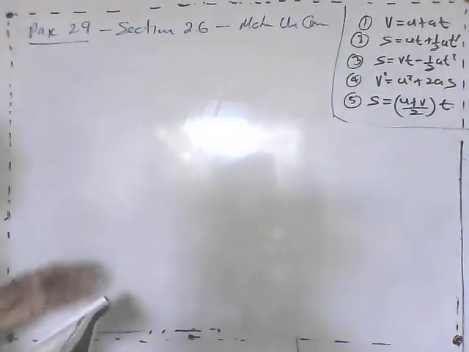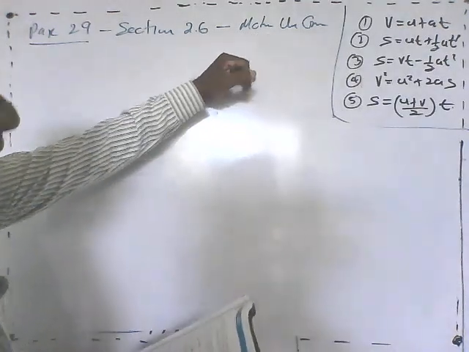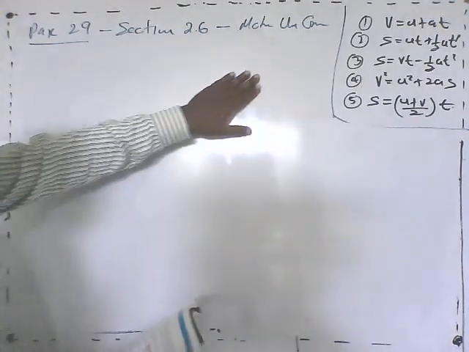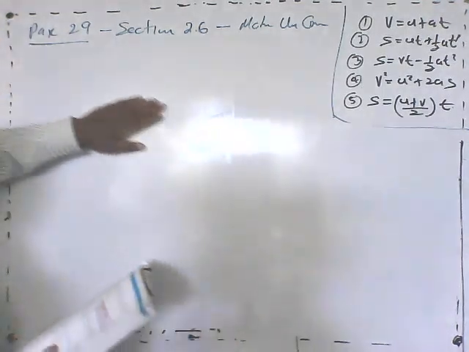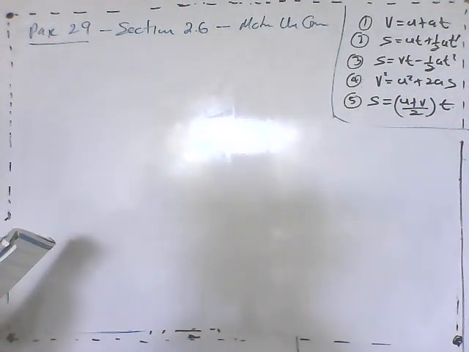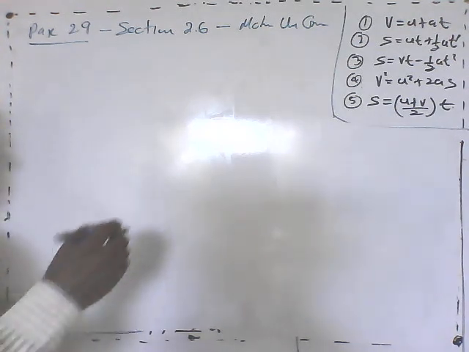Okay, we will start section 2.6, motion under gravity. We can say vertical motion under gravity, right? So, surely we are coming to the vertical motion, and this is section 2.6, right? And it is on page 29. So, the only thing you should know is